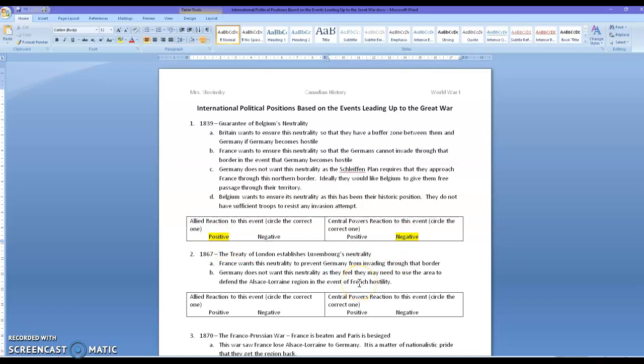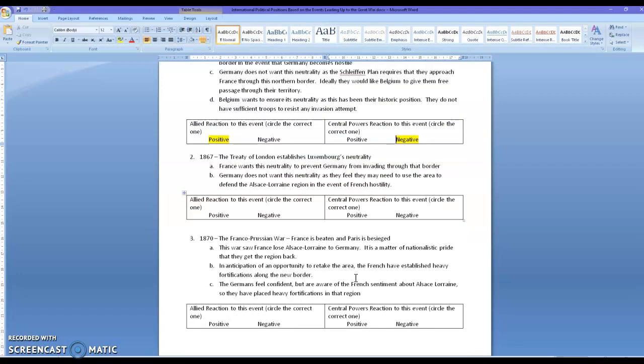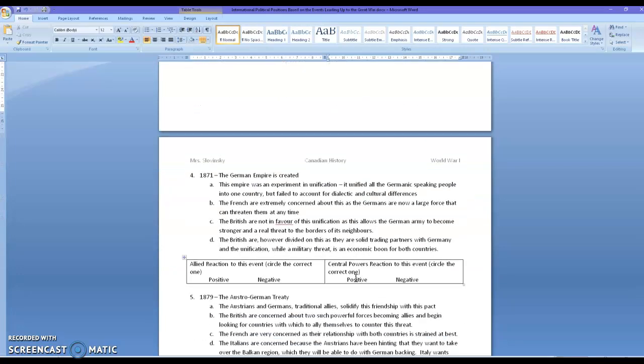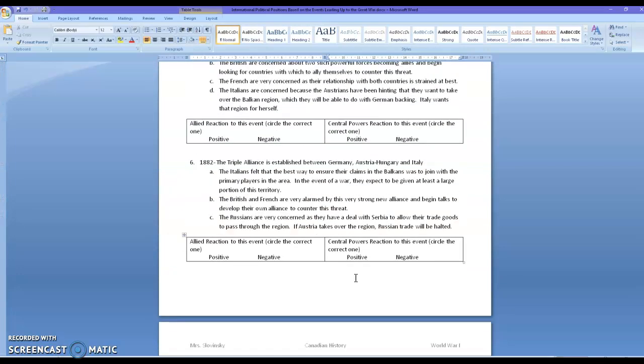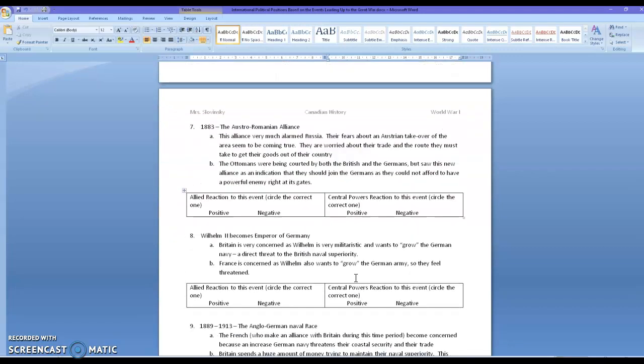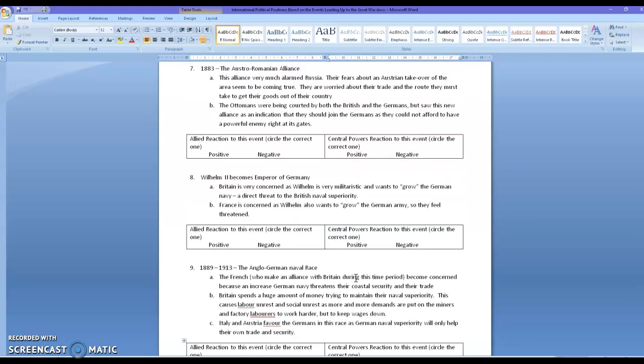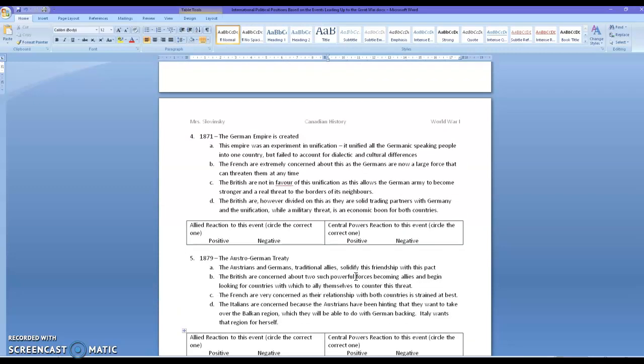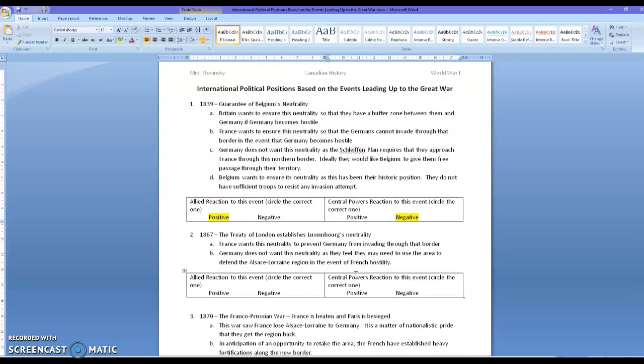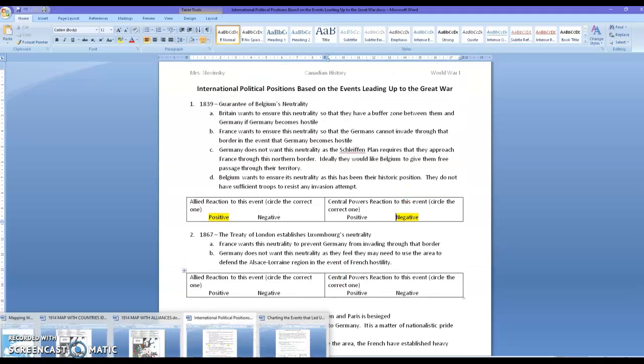So I want you to think in terms of who are the Allies, how are they going to react to the event, who are the Central Powers, how are they going to react to the event. So now you're going to read through all the rest of these, and you are going to decide whether this is a positive or a negative for each of the power blocks. So once we have that done, then what I want you to do is to open up the last of the